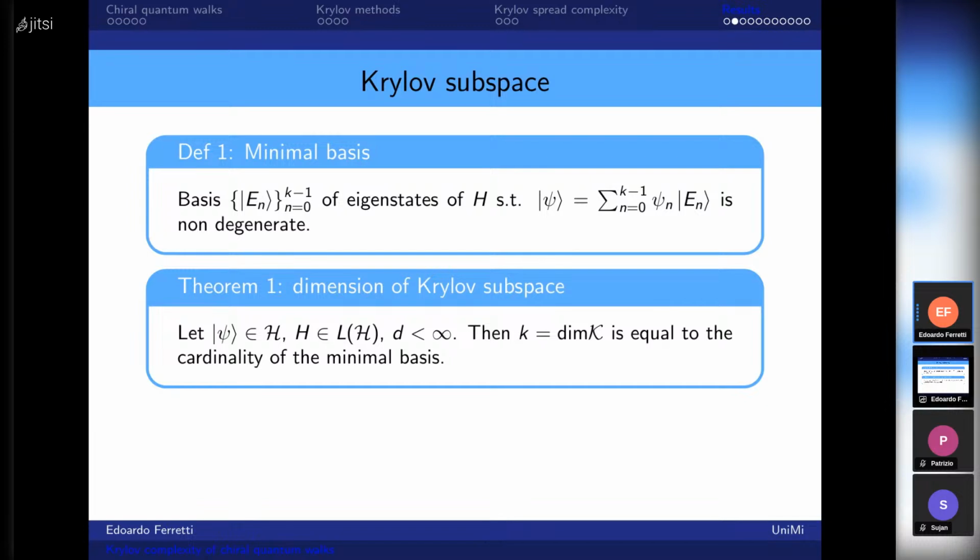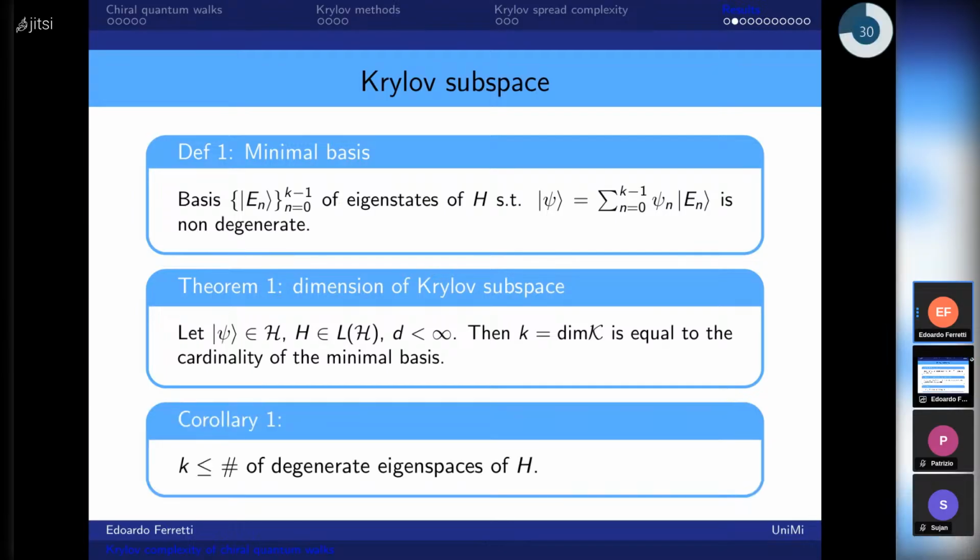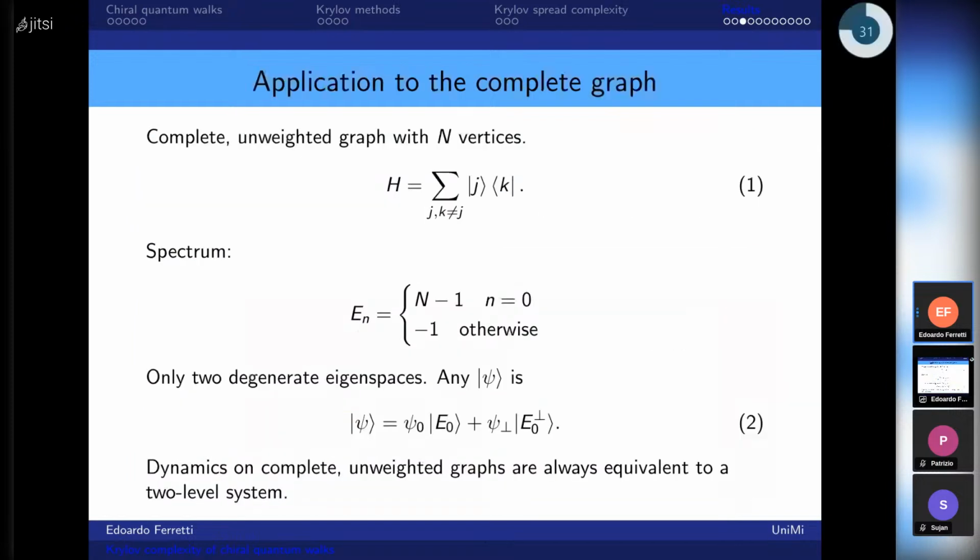So, and these ones will count as a single state in the dynamics because they evolve with the same phase. So this is the first proposition, and this brings a corollary, which is that given any initial state, we cannot have a Krylov subspace which is bigger than the number of degenerate eigenspaces of H. And this justifies the claim about